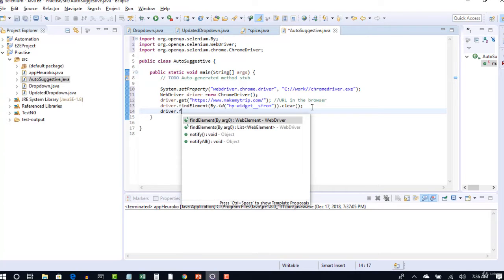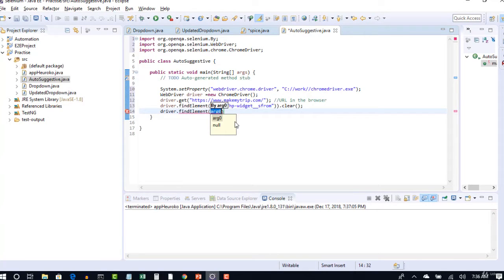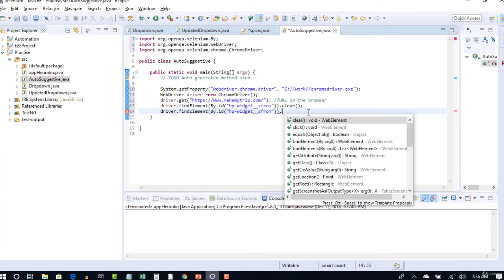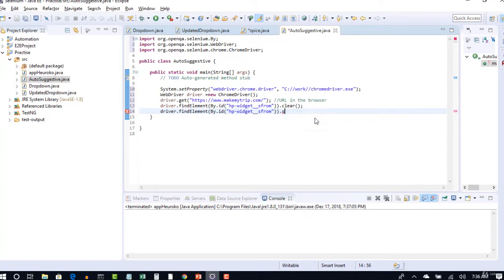So driver dot find element. You can use the same data. Dot, after you wipe out, send keys. Send first 3 characters, which is MUM.